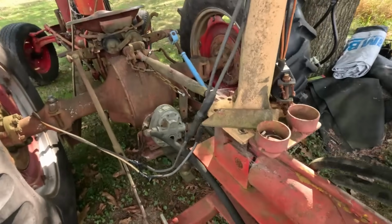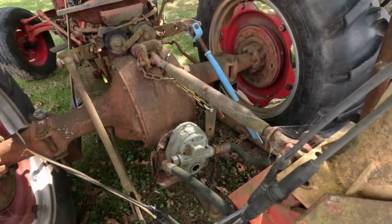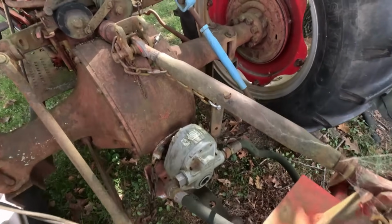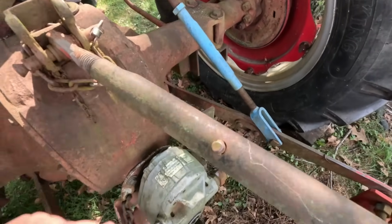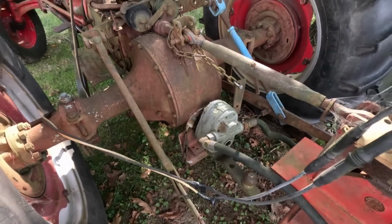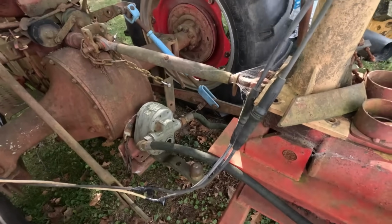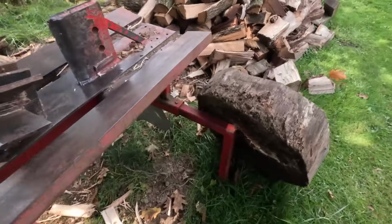It runs off of this 801 Ford farm tractor, which is 54 horsepower, and it's just a PTO pump. And basically you just put a chain on it so it don't spin when it gets under load, and that's as simple as it gets. You just slide that on there. I got it hooked up to the 3-point hitch. Go around this side,